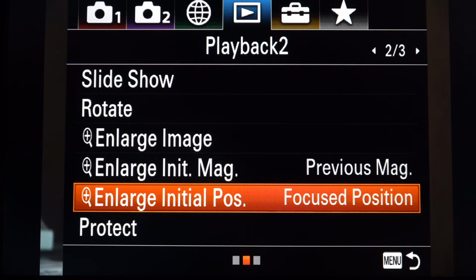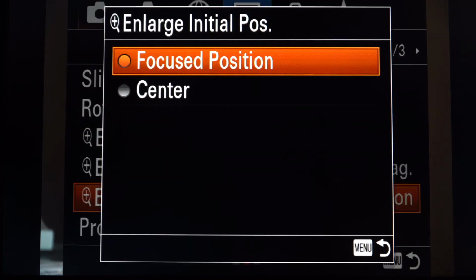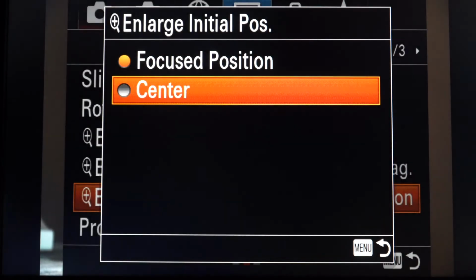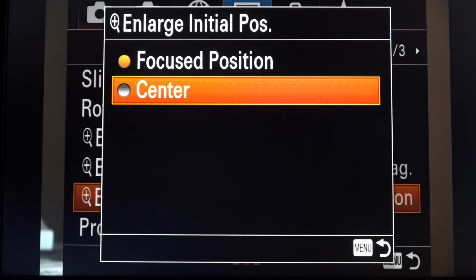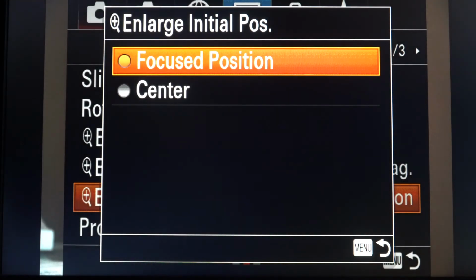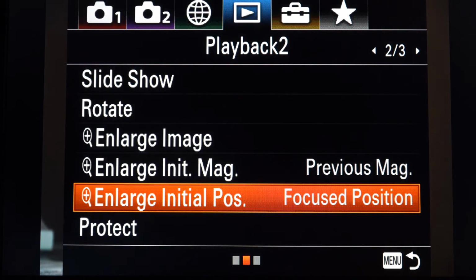Enlarge initial position, focused point, or center. So center, it'll always go into the center. Where focus point is great, especially for checking eye focus. When you take your picture, which I actually have, I was shooting real estate today, I got my manual lens on here, so it's not going to work with this lens to demonstrate, but